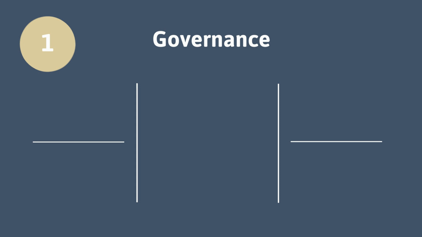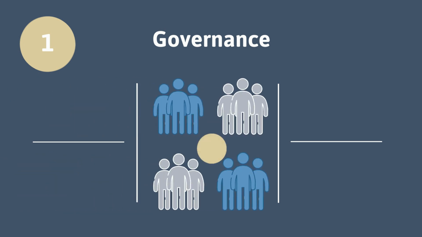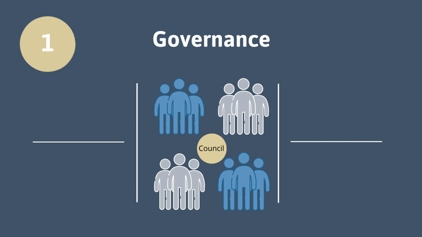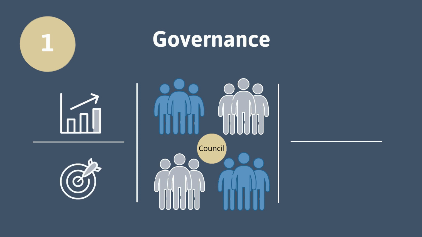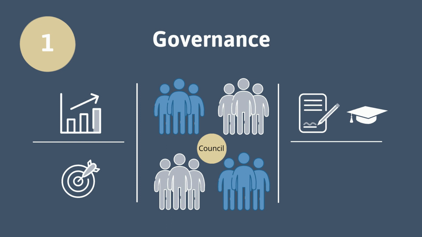The governance of a regulatory college is overseen by a council, comprised of regulated members of the profession and members of the public. The council is responsible for setting the college's strategic direction, evaluating college administration and operations, establishing, maintaining, and monitoring policies which govern the profession, including bylaws, standards of practice, and code of ethics, approving educational programs, reviewing and monitoring fiscal policies and statements for financial health of the college, and hearing appeals on matters of conduct or